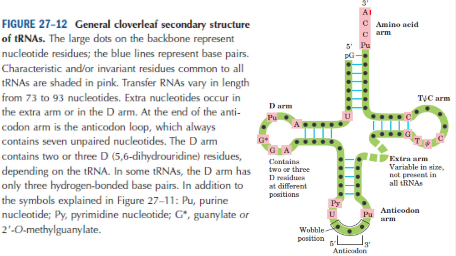And secondary structure of tRNAs. Remember, all these tRNAs have similar secondary structure actually. And this is clover leaf structure. Clover is actually a plant. It has a leaf with 3 leaflets. Leaflet 1, leaflet 2, leaflet 3. So the structure of tRNA looks like that clover leaf. This is actually the secondary structure. The features of different arms are given here.